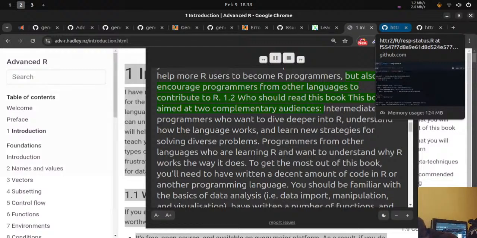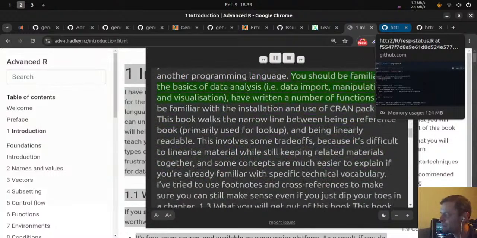1.2 Who should read this book. This book is aimed at two complementary audiences. Intermediate R programmers who want to dive deeper into R, understand how the language works, and learn new strategies for solving diverse problems. Programmers from other languages who are learning R and want to understand why R works the way it does. To get the most out of this book, you'll need to have written a decent amount of code in R or another programming language. You should be familiar with the basics of data analysis, i.e. data import, manipulation, and visualization,